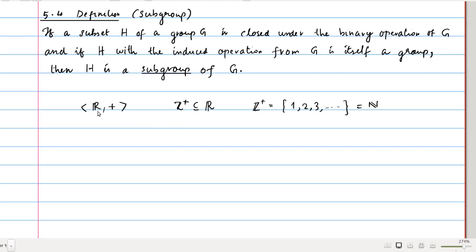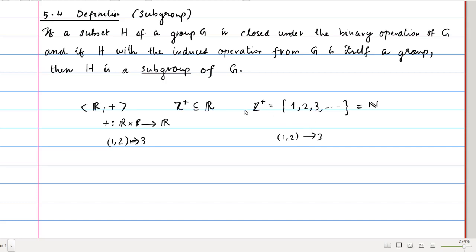Okay, in fact R under addition means this plus is a binary operation from R cross R to R. So that is the meaning of this plus. But if you consider the same binary operation, we can consider this plus as a binary operation on Z plus. What is the meaning of this? We assign an element 3 to this. 1, 2 is mapped to 3. That is the meaning of this binary operation. The same argument can be used here. Then 1, 2 can be assigned 3.